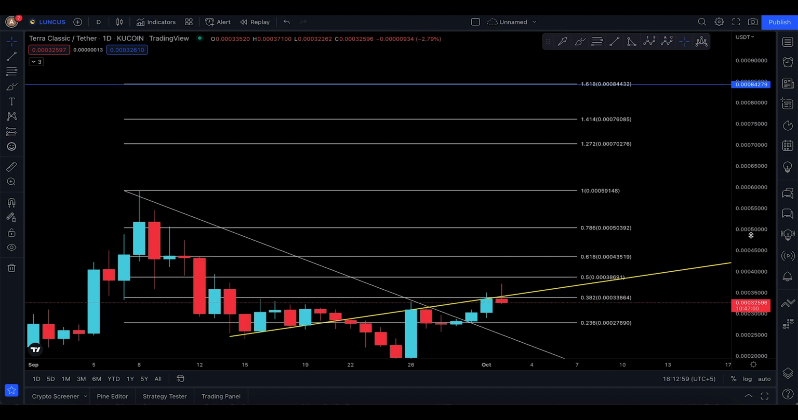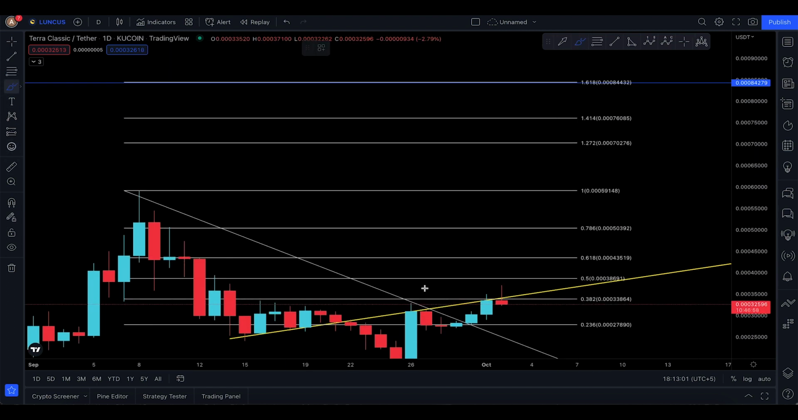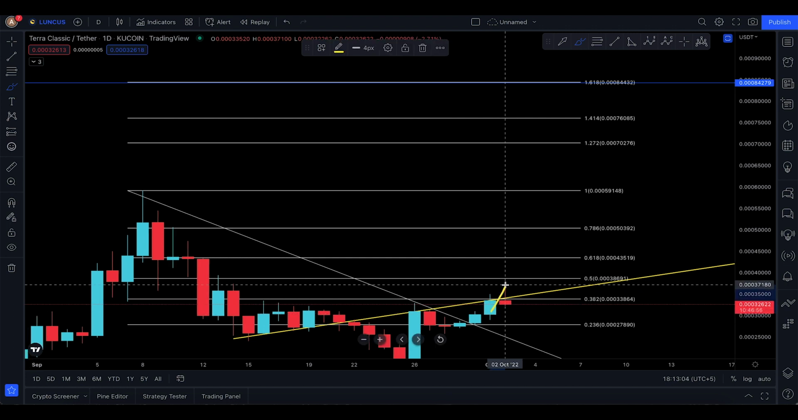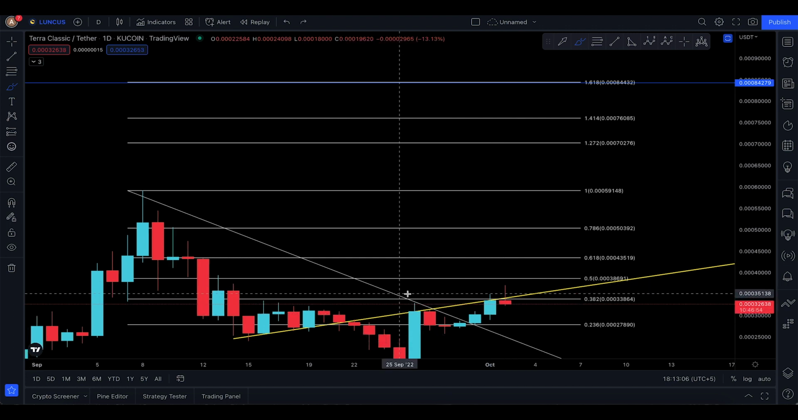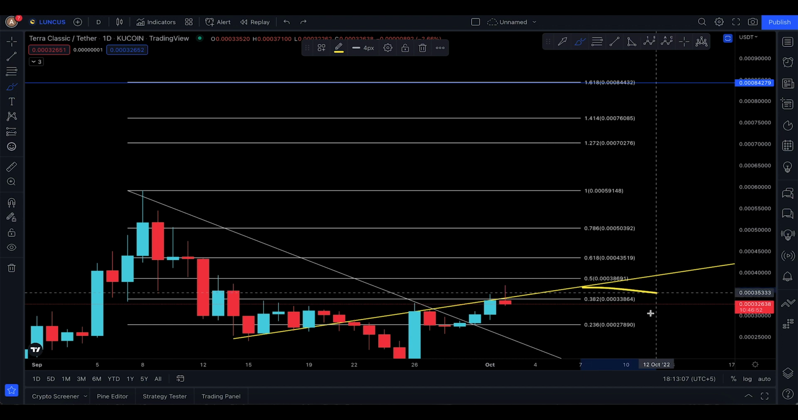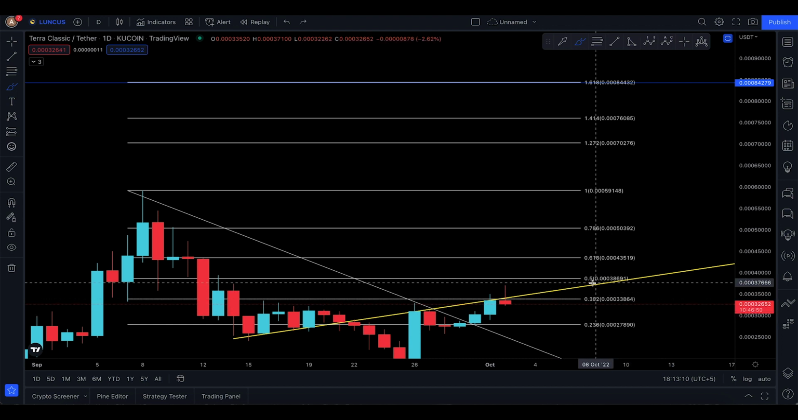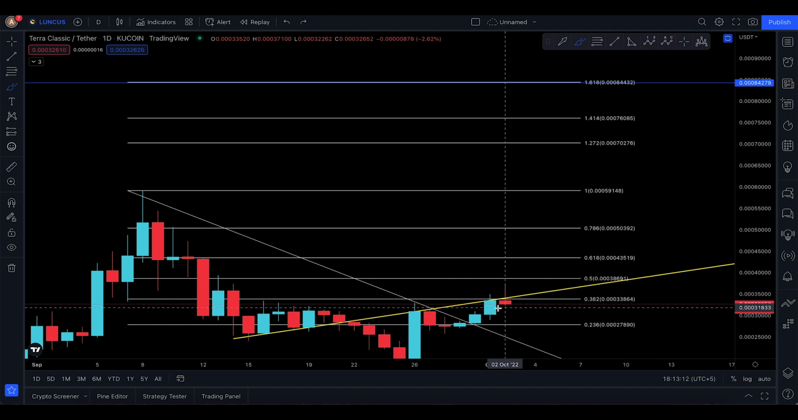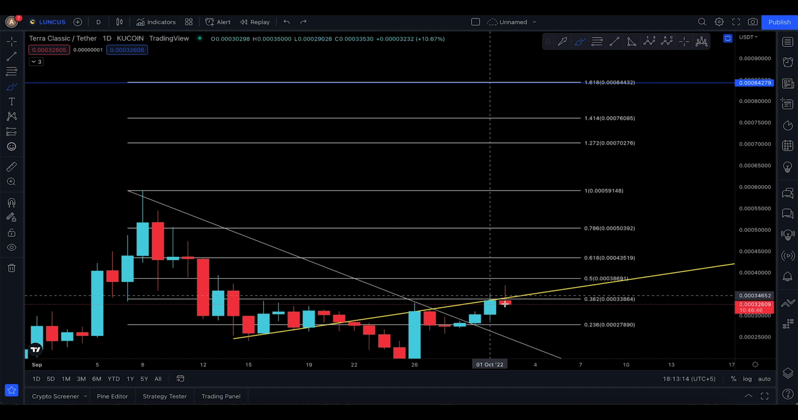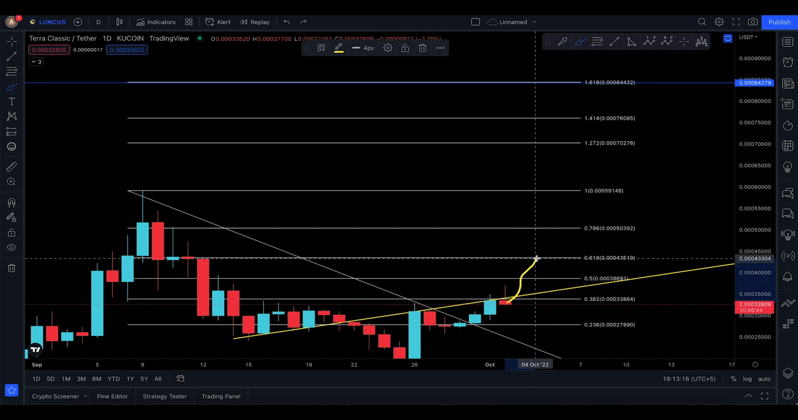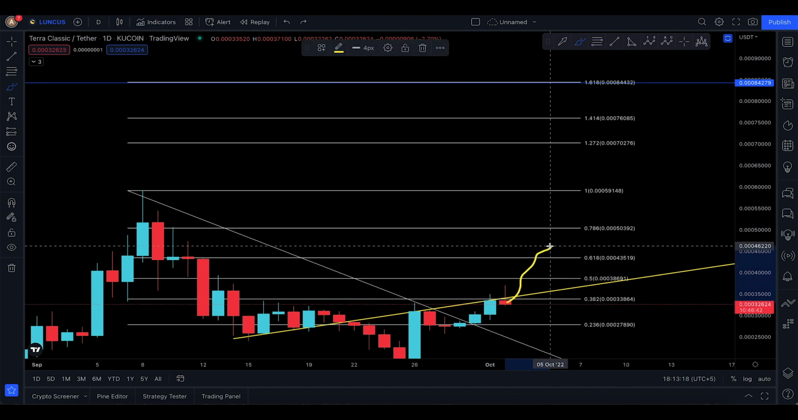So here, look at this part carefully. Now from here, you want to see Luna Classic first of all break the trend line. Number one rule, which you're not doing. You can see that 0.382 of the Fib retracement is where you're being rejected. You need to break the 0.382. You need to break the trend line. You need to come above and go up to